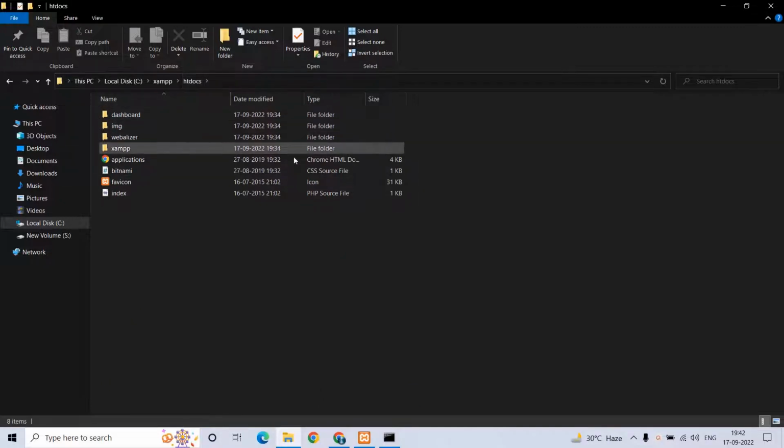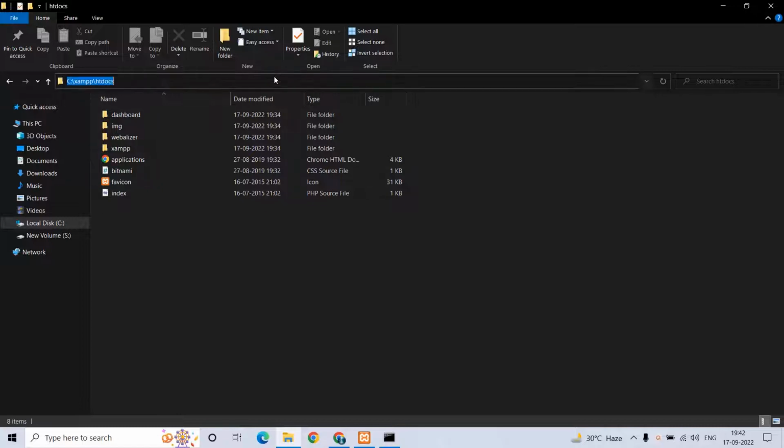There we need to create a CraftCMS project. Only then will the XAMPP application know where these files are located. By default, XAMPP will look inside the htdocs folder, and from our Apache server we can get these things in our